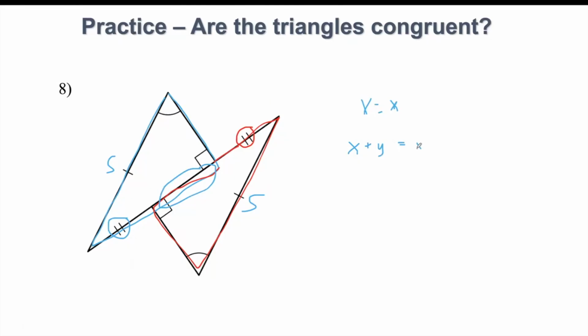So if I add on y to both sides, our addition property tells me that these are still congruent, right? So if I add on 2 to both sides, it's still congruent. So we do know, in fact, that these entire bottom sides are congruent here because we're adding on the same piece to each of them to get the entire side. And if I add on the same piece to both sides and they're equal, which they are, we have the congruent marks here, they'll be congruent. Okay,